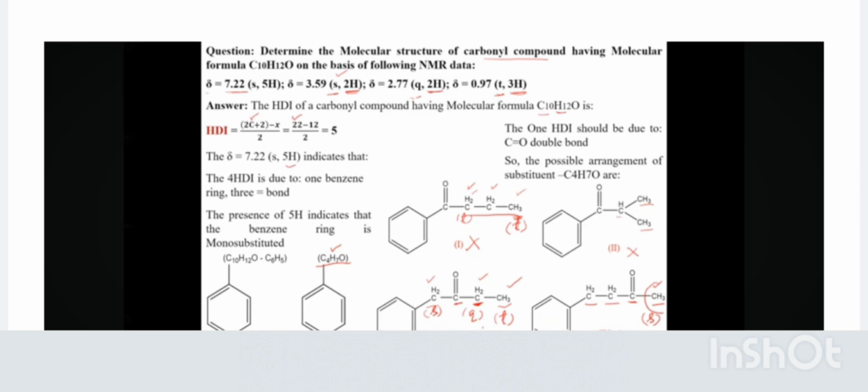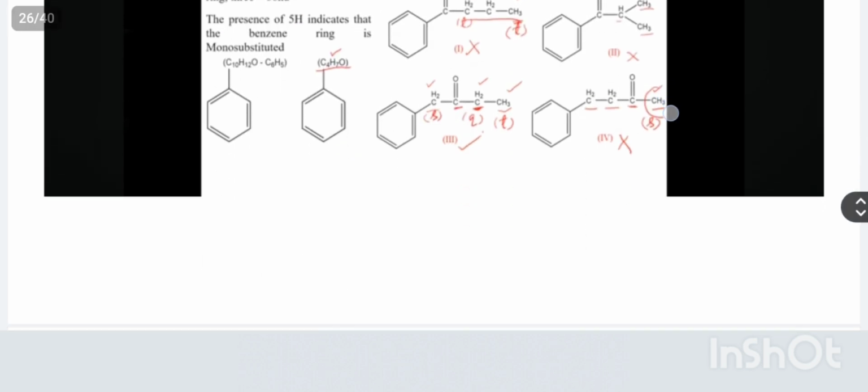Determine the molecular structure of the carbonyl compound having molecular formula C10H12O on the basis of NMR data: δ = 7.22 (s, 5H), δ = 3.59 (s, 2H), δ = 2.75 (q, 2H), δ = 0.97 (t, 3H). The HDI of the given carbonyl compound having molecular formula C10H12O is (2C + 2 - x)/2 = (22 - 12)/2 = 5. δ = 7.22 indicates that 4 HDI is due to 1 benzene ring, 3 double bonds. The presence of 5H indicates that the benzene ring is mono-substituted. The 1 HDI should be due to the C=O double bond. So the possible arrangements of the substituent C4H7O are